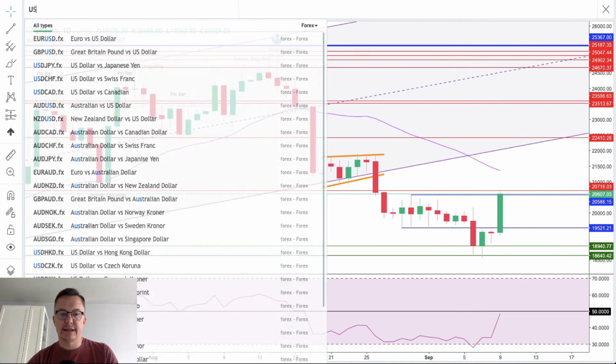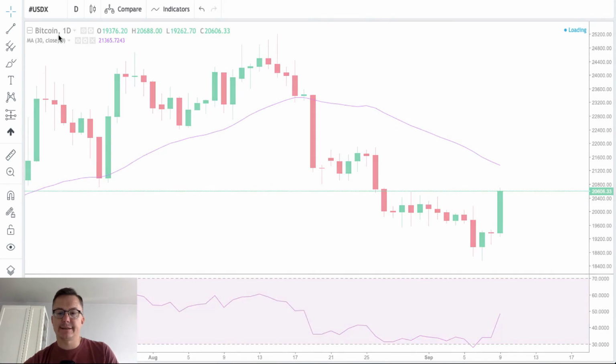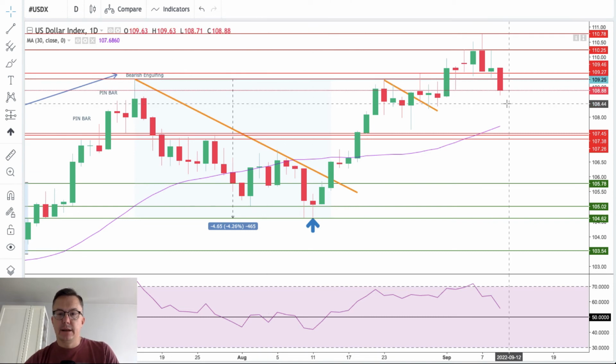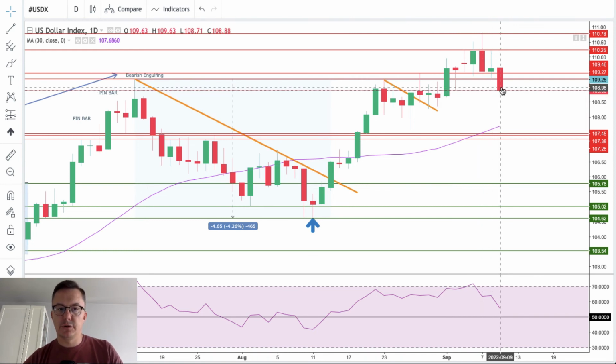Last but not least, let's take a look at the US dollar index. And as anticipated, after the new uptrend high was made, 110.76, we had this bearish engulfing into the pin bar kind of a pattern, then 1 day of a consolidation, and of course we have a down movement. So just as we expected, US dollar index is going down, euro dollar is going up. The next target for the US dollar index is located at 107.45, 107.26. This is the technical support zone for the US dollar index.